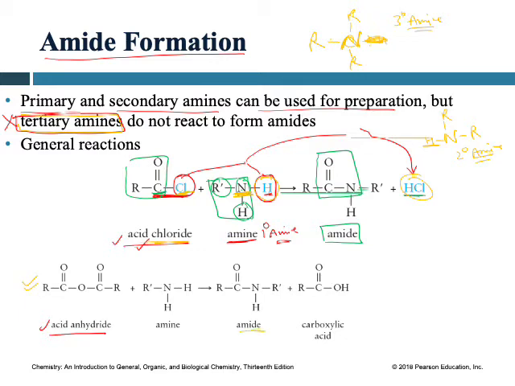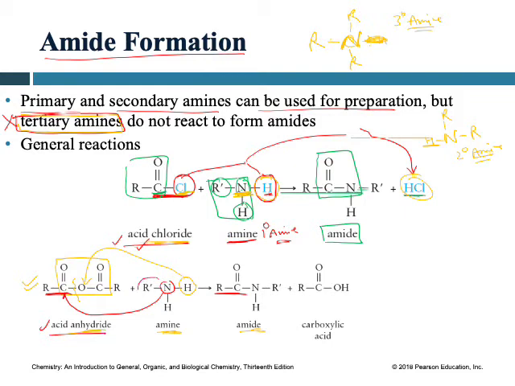Now let's try the second way of making an amide bond, from acid anhydride. In the last chapter I already told you this is the anhydride group, and when we react it with an amine, what's going to happen? Then this bond is going to break, and one of the hydrogens is going to attach to this oxygen, and the nitrogen is going to attach to this carbon, and you will get